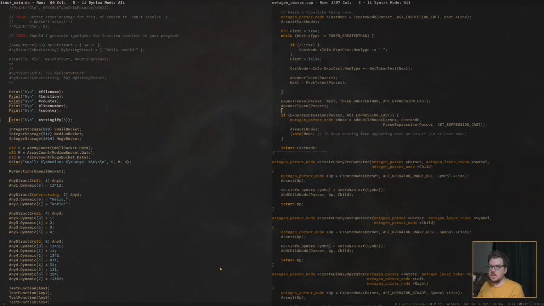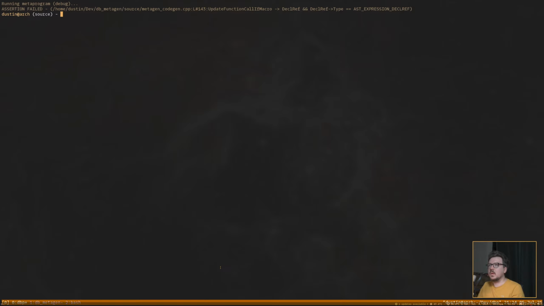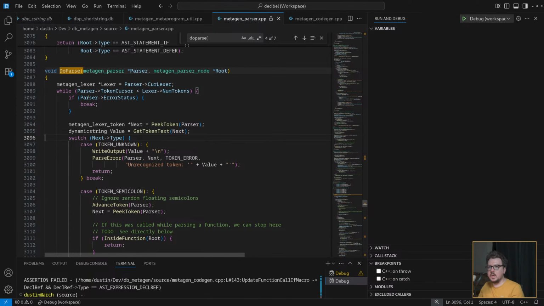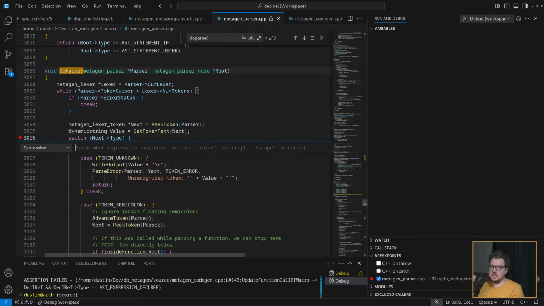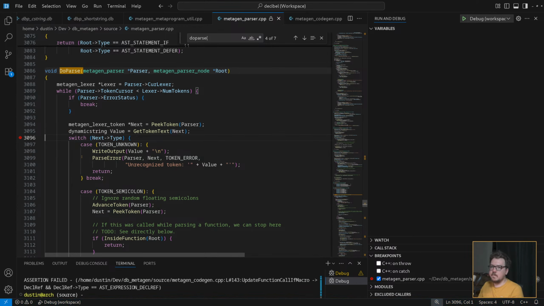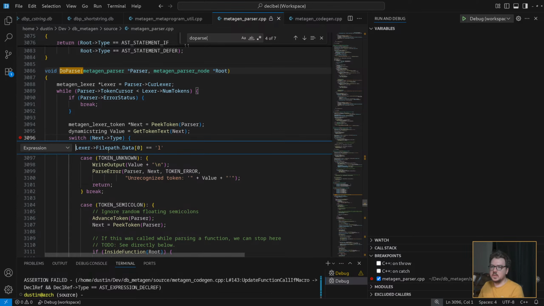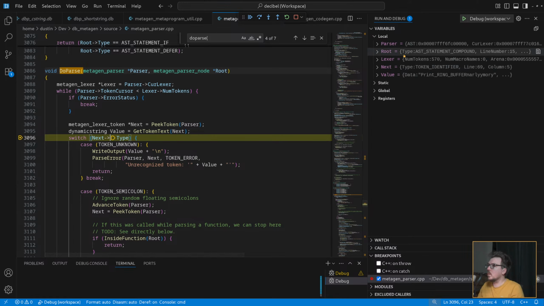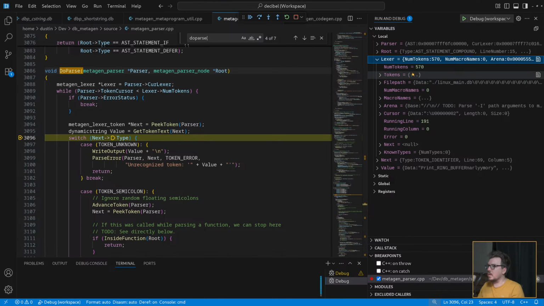We're hitting CodeGen 143. Update function call if macro. Which, right, that should be what we should be updating that to. Okay, let's do this. Say Lexer file path, data 0, L. Let's do that. Oh, wait, duh. No wonder. Right, these are relative paths, so this is the third character. Yeah, so now we're in Linux main DB line.